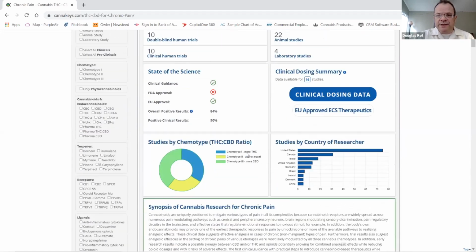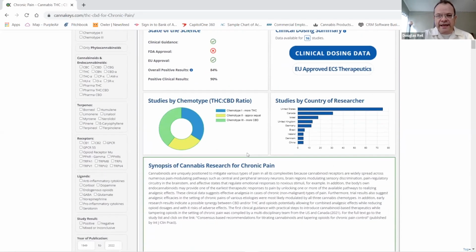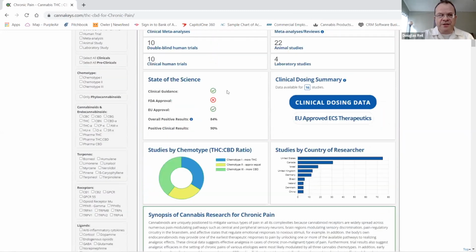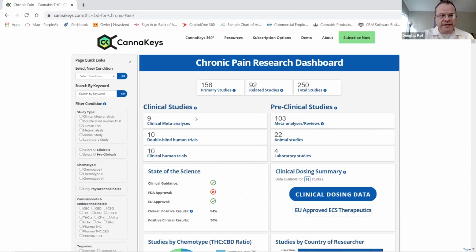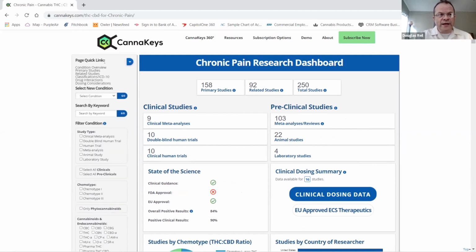So the dashboard is at the top of the page. We'll go through that in a second, and it finishes up at the bottom here with a synopsis. But on the left side here, you can see that there is a filter panel and also some additional ways to search new conditions from here. Looking at the page quick links,